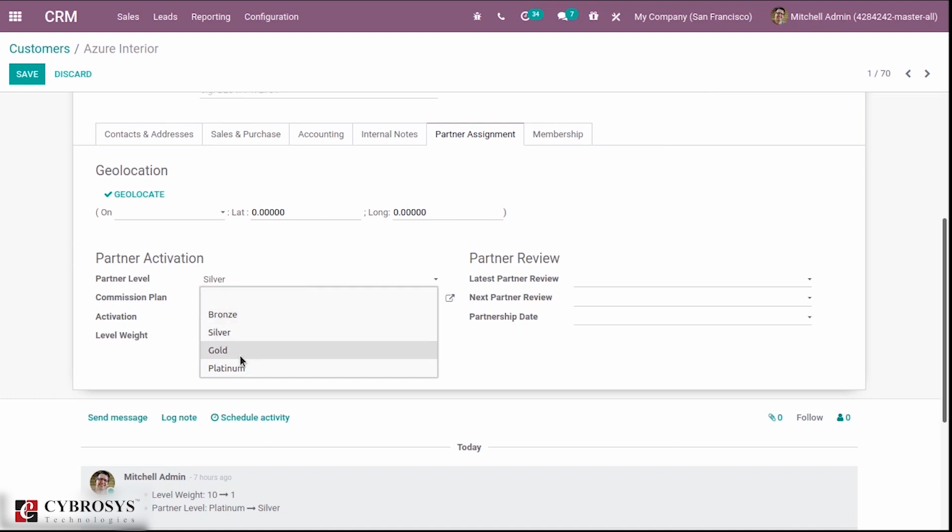Here we can set the partner level. So if you select silver, you can see a commission plan which automatically came because we have set a default commission plan in silver. So in this way, I have added a partner level and commission plan for this Assure Interior.